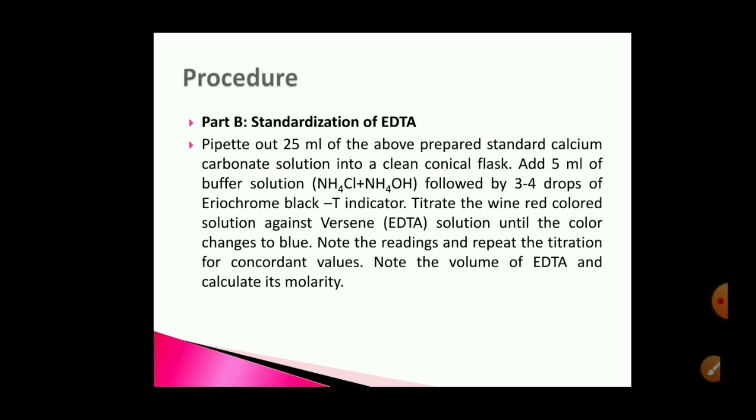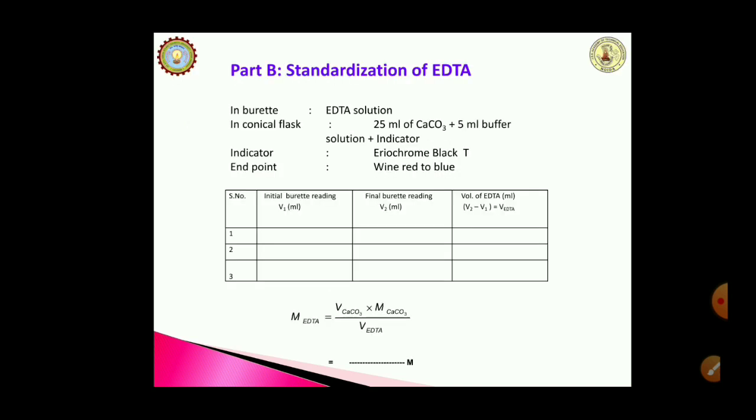Wine red color solution is due to calcium or magnesium EBT complex, and the blue color is due to free EBT. At this blue color we will stop the titration, the endpoint has been reached, and we will note down the volume of EDTA that is consumed for this titration, which will be used for calculating the molarity of EDTA. We will take 3 trials so that we get the concordant reading,